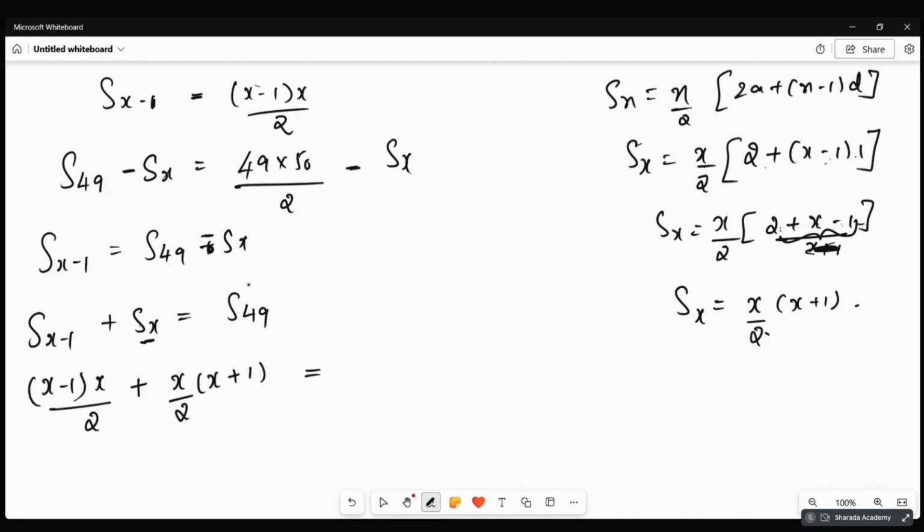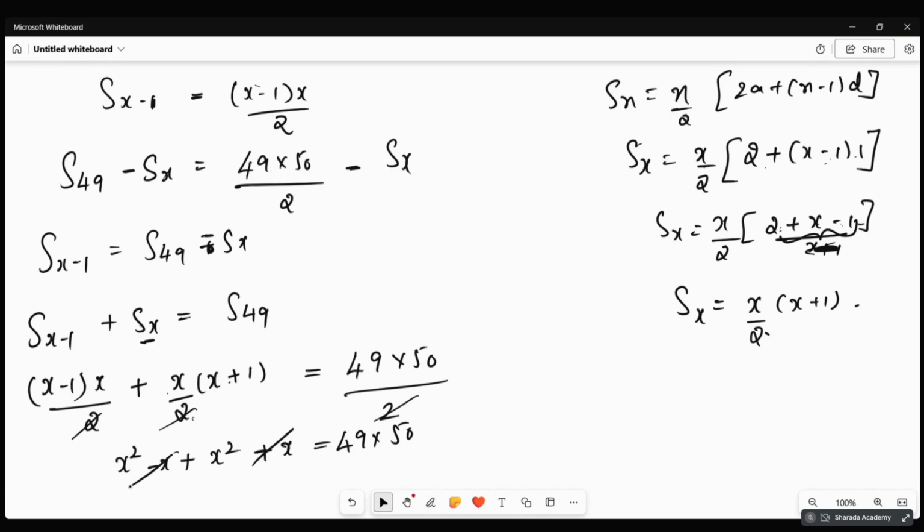Now this is equal to, what was S49? 49 into 50 by 2. I can take 1 by 2 common on both sides and cancel that. Now what will we get? x into (x square minus x plus x square plus x) is equal to 49 into 50. So plus x minus x I can cancel. So I'll get 2x square is equal to 49 into 50,